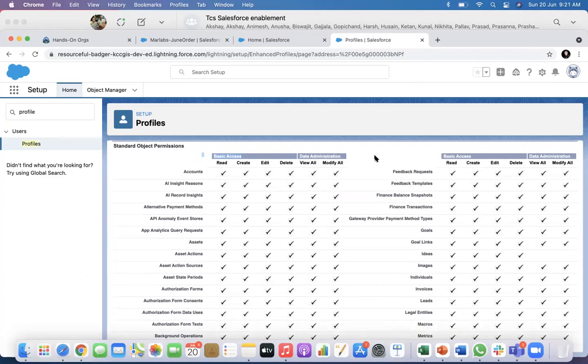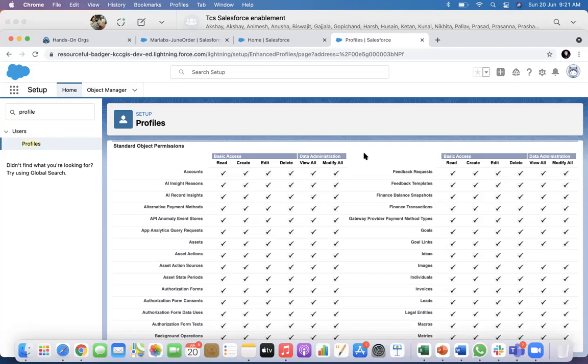So if we do view all data over there at the bottom, will we not be able to access view all access? If you are giving view all access, then of course you will have basic access also. You cannot give view all access to a person who does not have basic access. This is additional access.